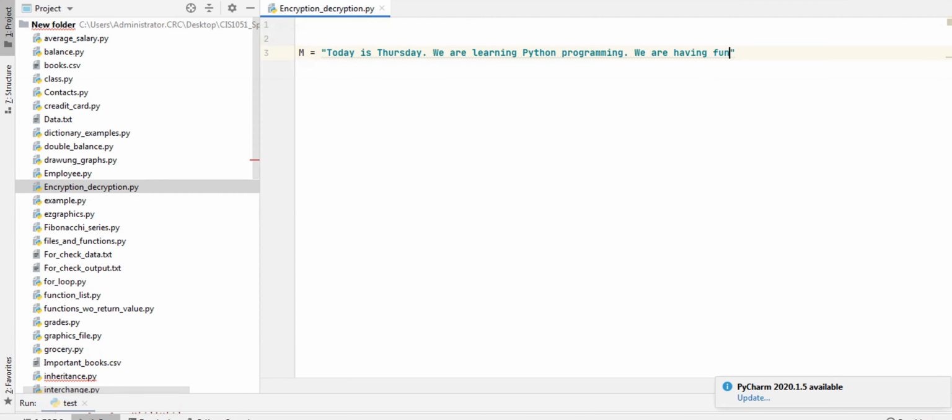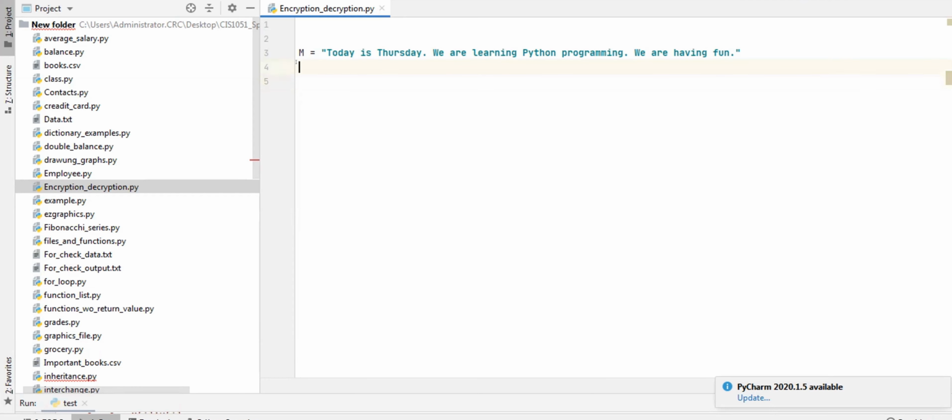All right. So suppose we want to transmit this message through an insecure channel. What do I need to do first? First, I need to generate a random key that will be of equal length to the message, so that I can do character by character XOR or bit by bit XOR.